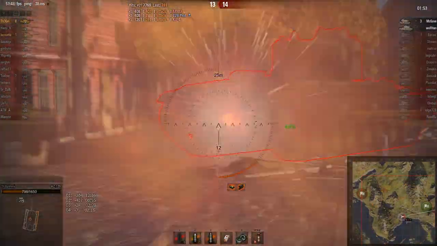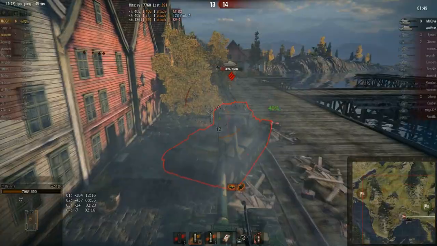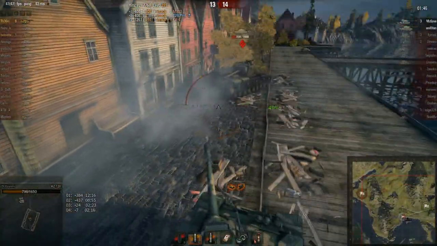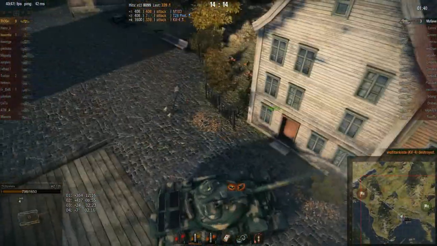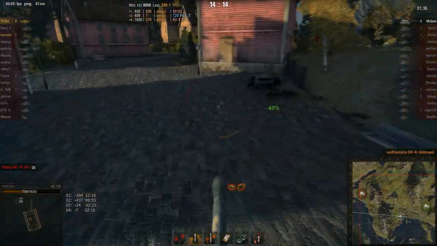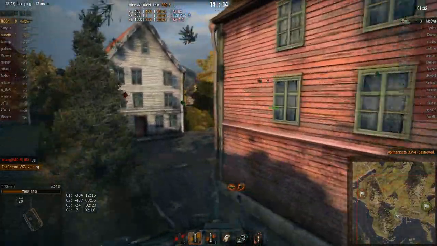And I just don't know what to say about this driver. He's not even trying. He's not even aiming at weak spots right now. He's just shooting at the turret. And boop. That's it. Now, that M103, where could he be hiding? He could win if he just...